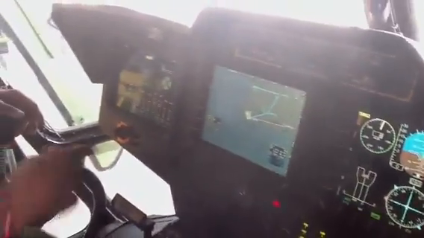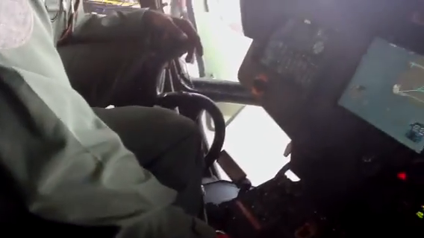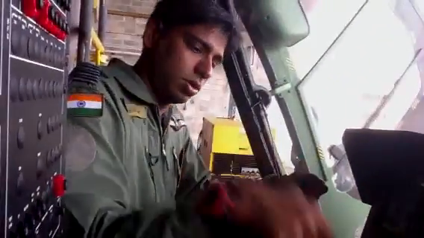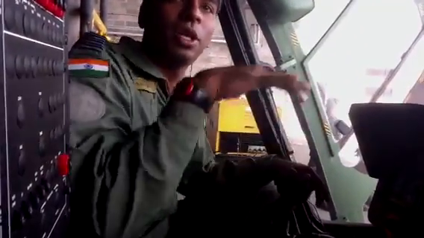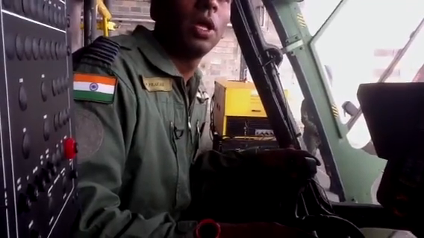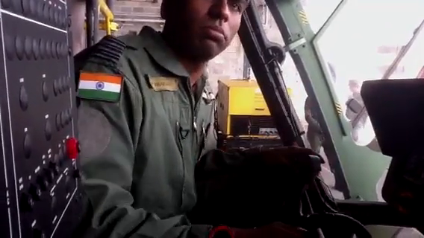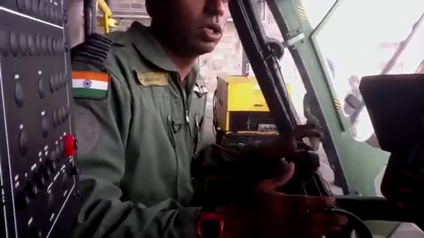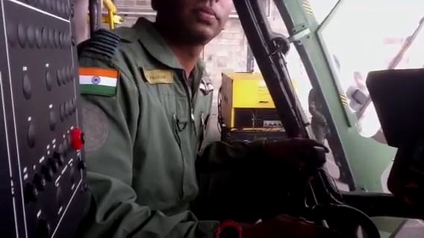Can you use autopilot to hover? Yeah, this is auto hover mode, hover height and hover. You get to a correct hover height position where you want to hold. Press this, it holds position, height, everything on its own, hands off. Can you demonstrate today? When you are doing hover, no issues. We can do that.